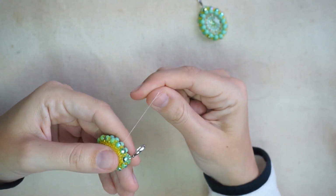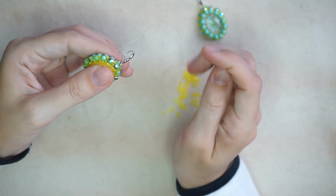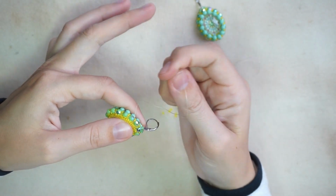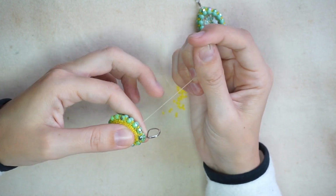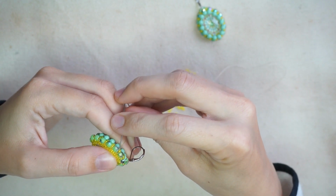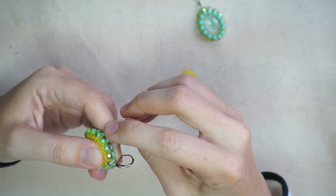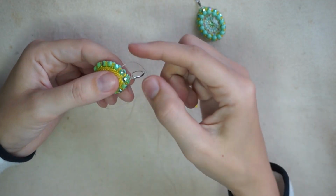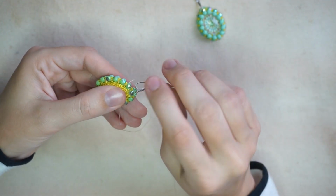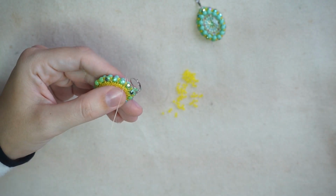But I feel that this thread is quite soft and I have to reinforce it, so I went through a few more beads. Then maybe it's better to exit out of this fire polished like this, so through the next seed bead and the next fire polished, and then going down 1 seed bead,